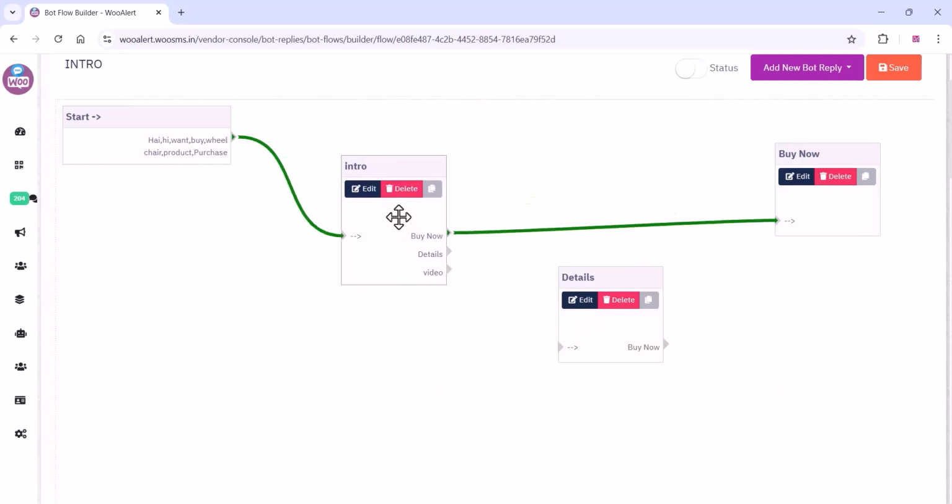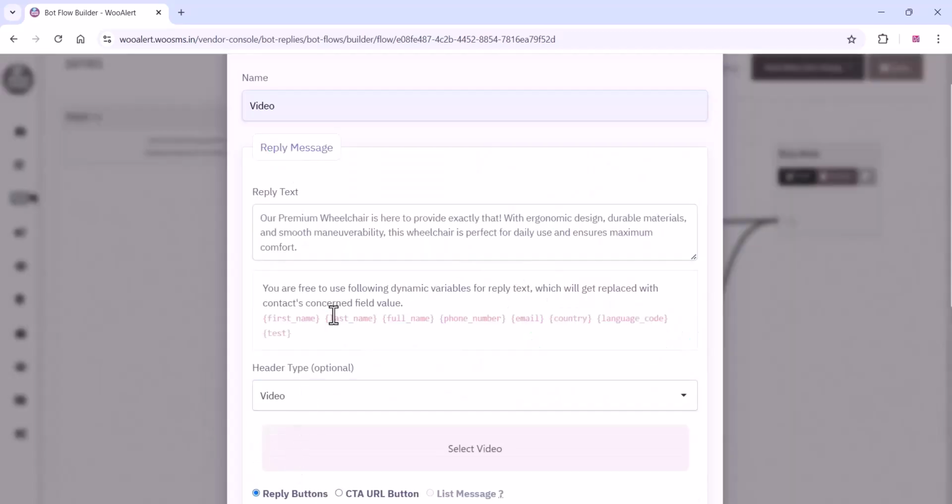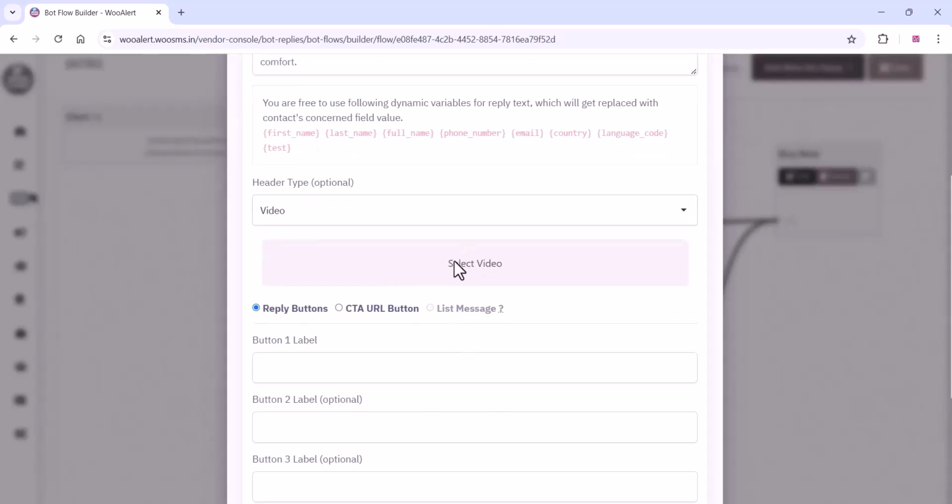You can just copy it and you can drag the line. You can rearrange the chatbots like this, and you can just draw the lines like this. And like this you can create the video chatbots. You can upload the video,